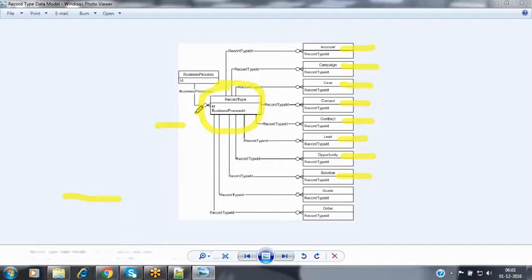And every record type is associated with a business process. Already you are aware of what exactly a business process is and what business processes are available in Salesforce. So one business process can be associated with multiple record types. That's what here, business process to record type is a one to many association. Record type to the other objects is also one to many.